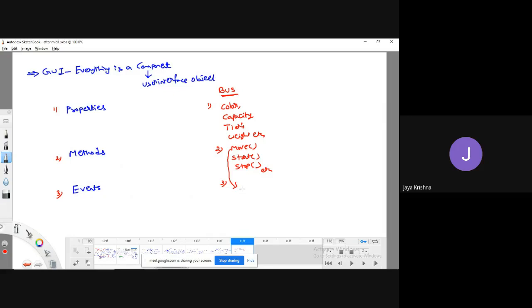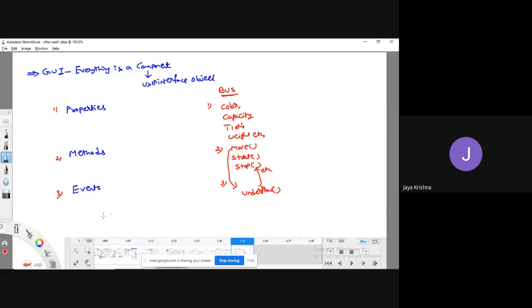Yes. So this is a kind of event. Is it involved by the user, or does it perform automatically? It will automatically perform. Am I right or not? It will automatically perform what? Stop. Meaning that when the petrol is underflow, it will automatically stop its movement. So this is called an event.